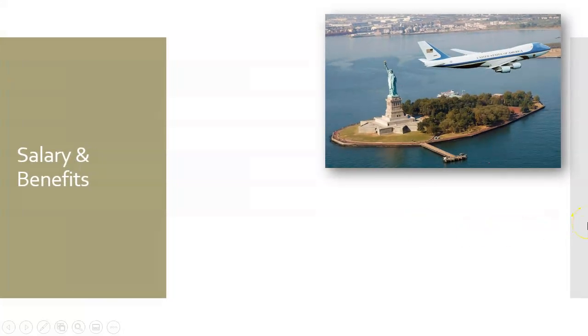Okay, a lot of students ask me, how much does the president make? $400,000 per year, which is a lot of money. But I would say, considering what the president has to do, the president lives at his office at the White House. The president's Oval Office is part of the White House. The president can be woken up at 3 a.m. if we were attacked in this situation.